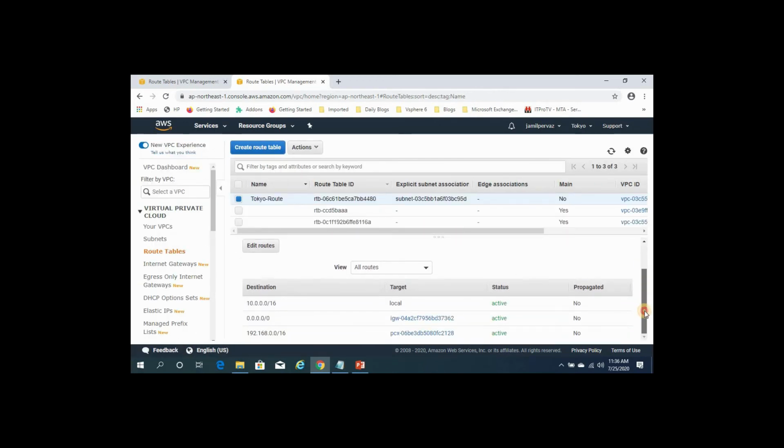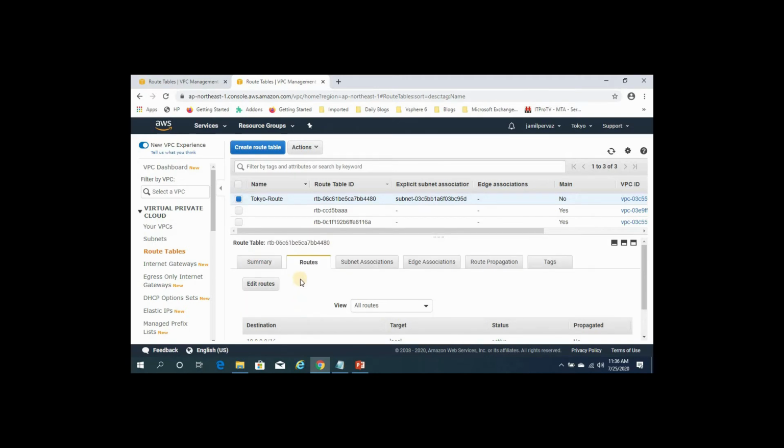So here you can see this IP address is local, this is all routes internet gateway, and this one is our Ohio route.